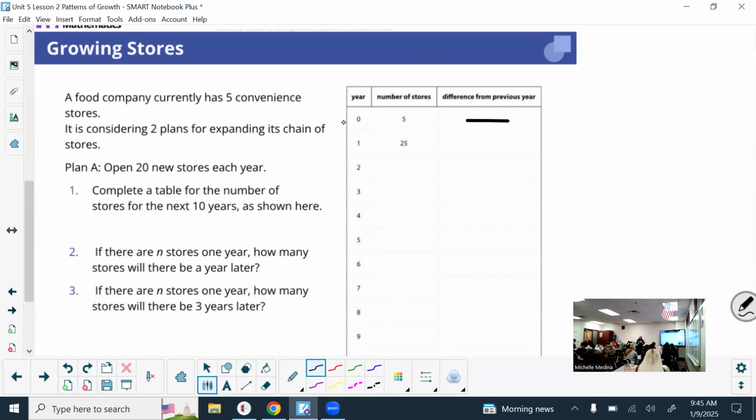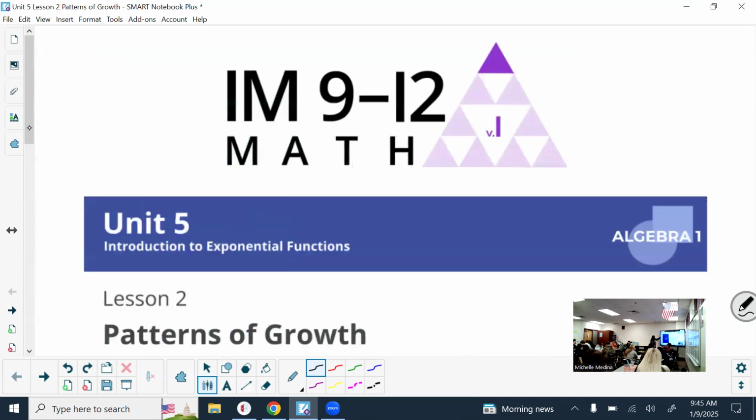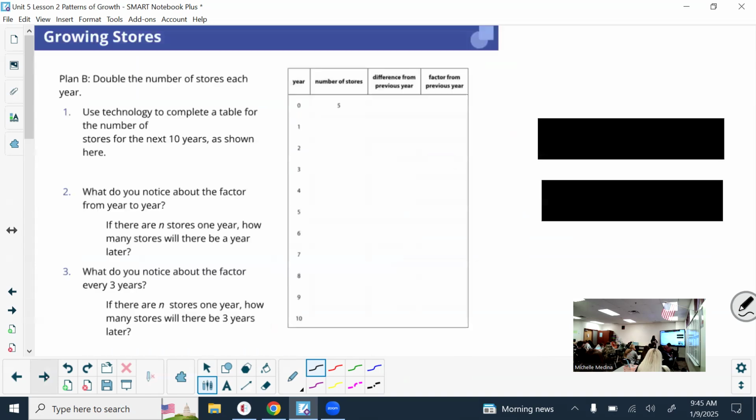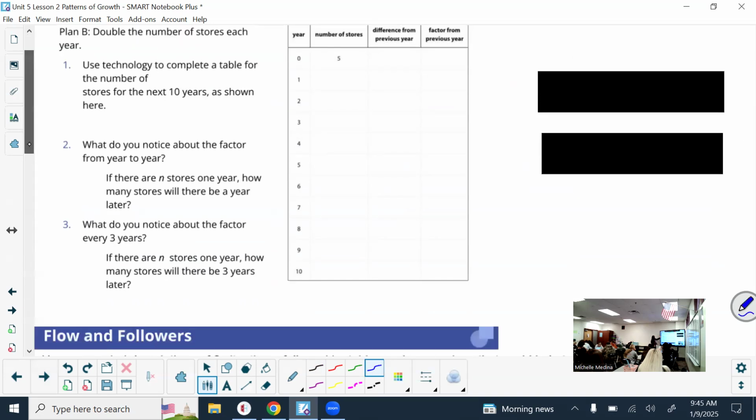Subtraction. Order does matter in subtraction, so you have to make sure you're doing the current year minus the previous year. Kind of like how we looked at it over here in the warm up, this would be the difference between the two. It's a positive 16, right? Adding 16. So in this one, what's the difference from year 0 to